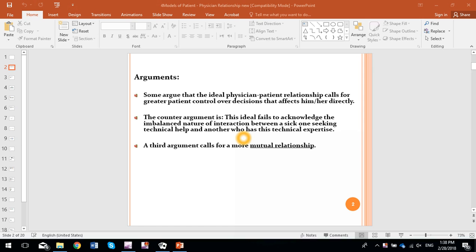Now, the counterargument for this is that this ideal of patient control fails to acknowledge the imbalanced nature of interaction between a sick person seeking technical help and another person who has the technical expertise. So those are the opponents of patient control over decision making, who say that